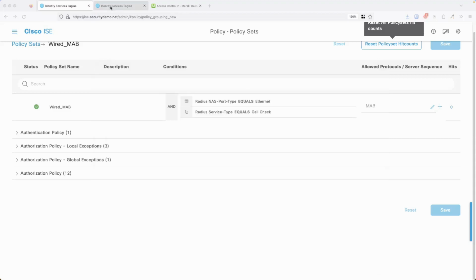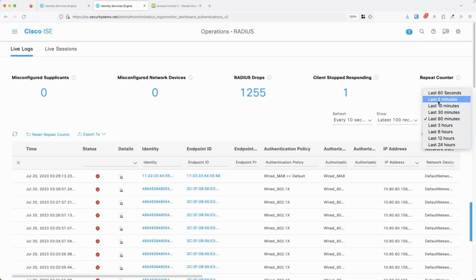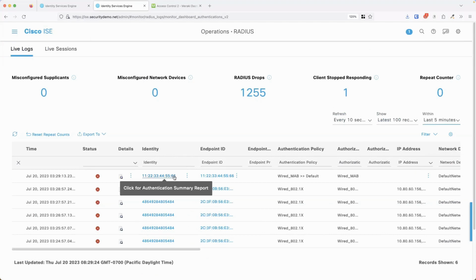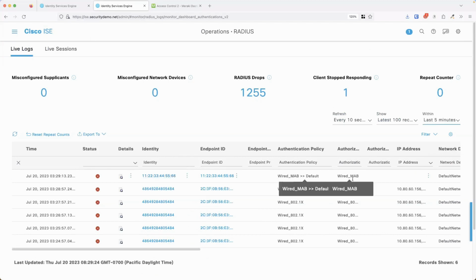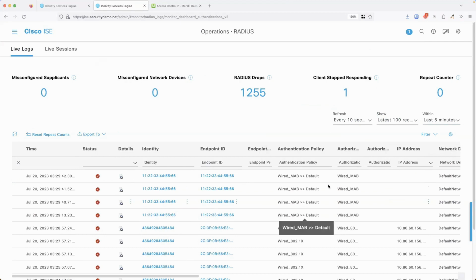And if I come over here, let me, not the last 60 minutes, let's do the last 5 minutes maybe. You can see our endpoint came in and hit the default access and was failed. So if we go back, and no matter how many times I do this, it's just going to keep failing no matter what I do. And you can see all those different times I did it, it's going to fail every time. So we need to go back and we need to change